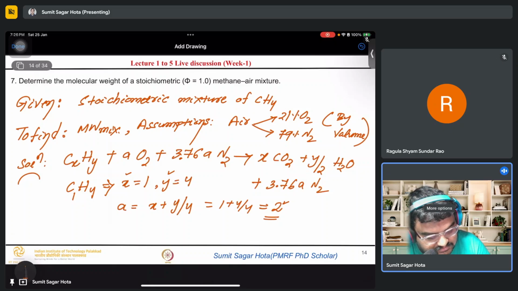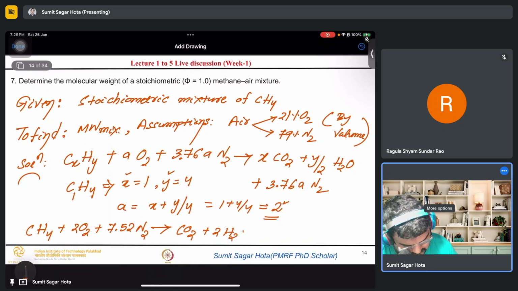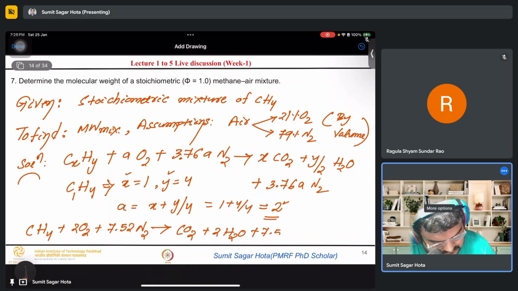So now we just need to substitute in the above equation to find out the general equation for CH4 combustion, methane combustion. Okay. So